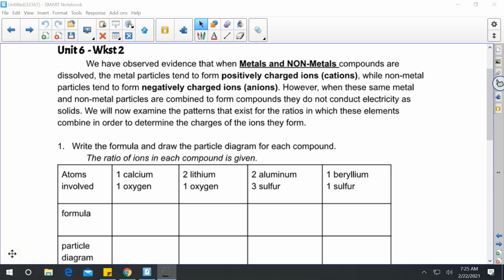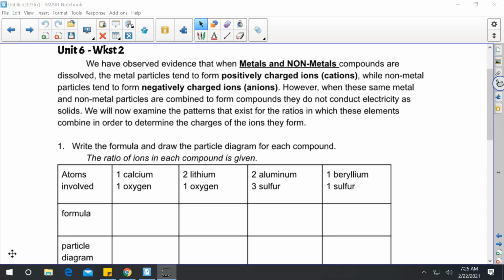So we did the lab on copper(II) chloride the other day, and we noticed that one substance was attracted to the positive part of the terminal, the other to the negative part of the terminal. So we know that these substances have a cation and an anion. Now, what we're going to do is look at writing the formula and drawing particle diagrams for